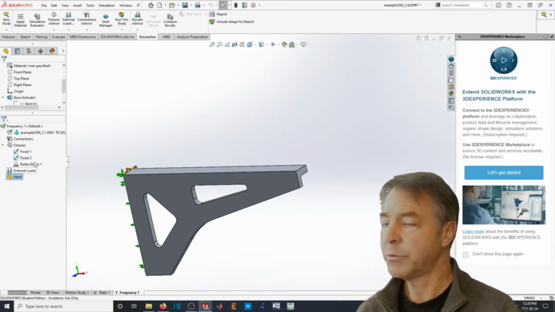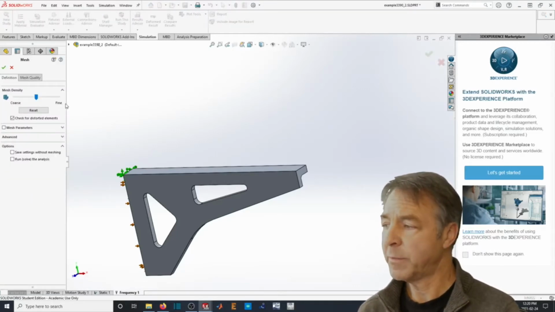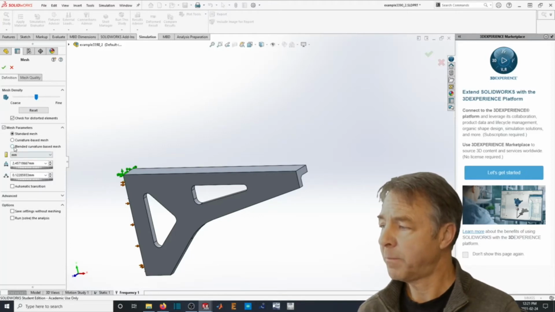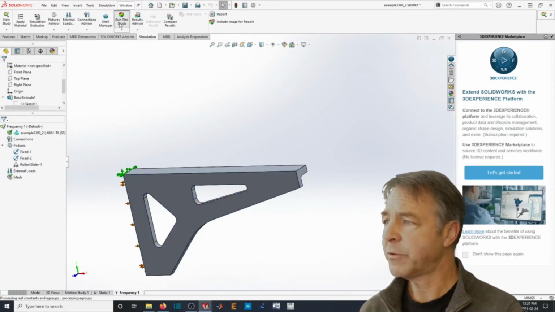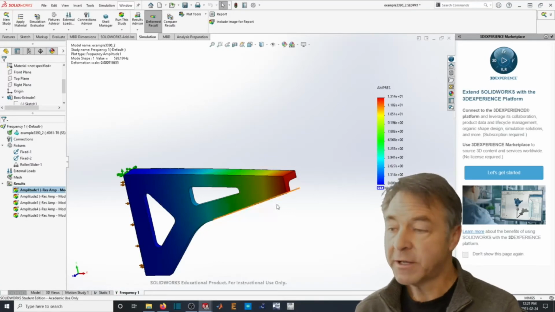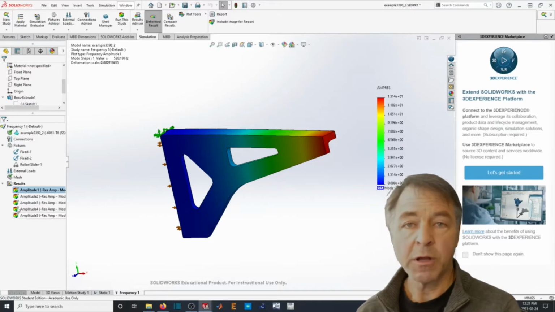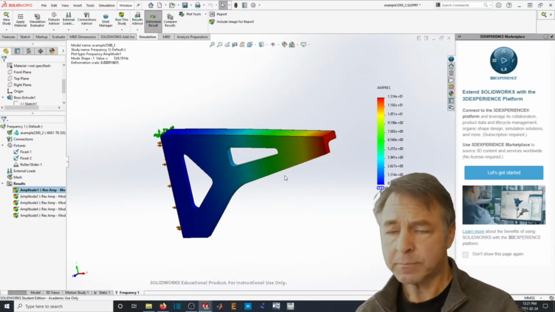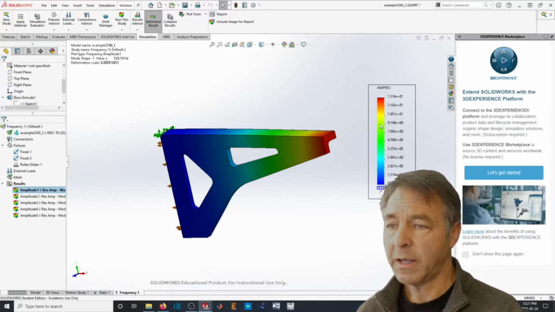Now I'm going to mesh this, and I'll create the mesh similar to what you've seen before, but I'm not going to be quite so fussy. I'm not going to apply any external loads. I'm going to run the study. So the reason I didn't apply any external loads is because this is a frequency study. All I want to see is what's going to happen from the part's intrinsic behavior itself. And so